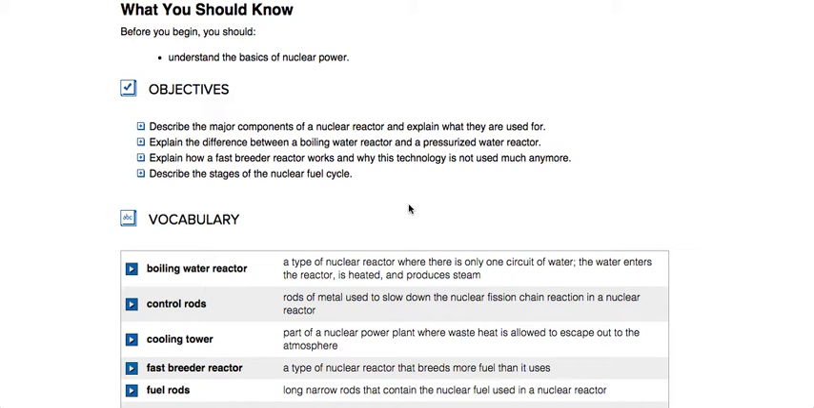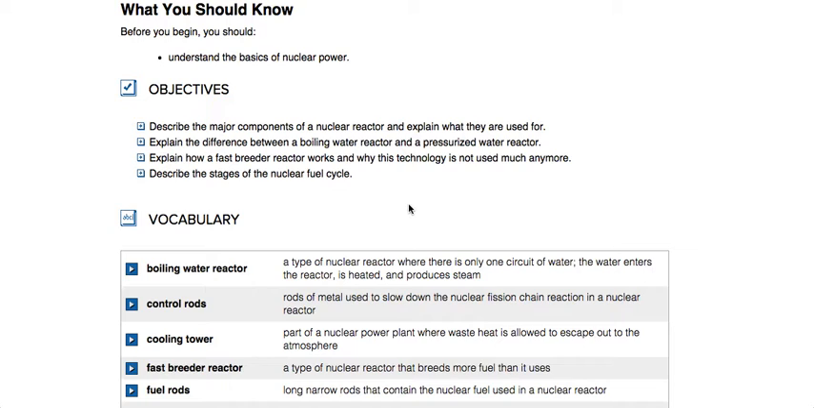All right, welcome. We're going to go ahead and get started here tonight. We're going to talk a little bit about the nuclear power plant project. But before that, I wanted to take a little bit of time to review a little bit of material on the lesson to help you get through the project. But with that said,